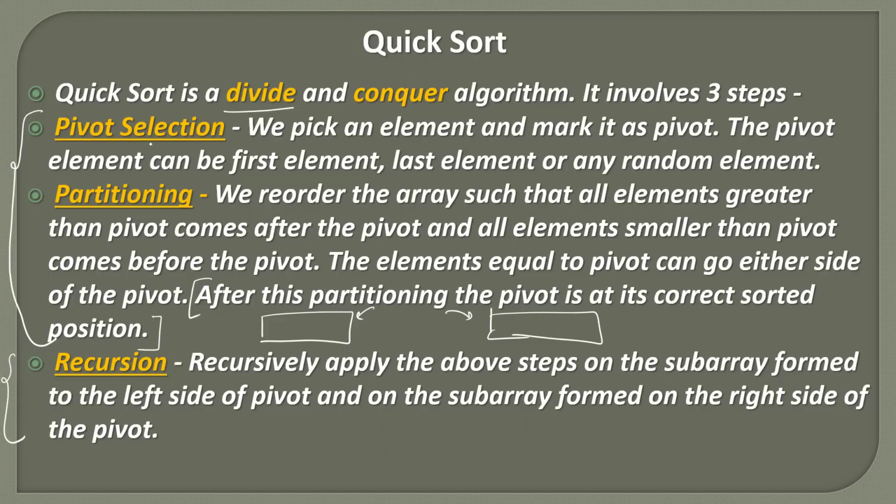So these are the three important steps in quicksort: pivot selection, partitioning, and then doing the recursion of these two steps on the left side of the pivot and on the right side of the pivot. And when this recursion ends, all the elements will be properly sorted and they will be at their correct position. So this was the basic introduction of quicksort at a high level. In our next video, we will see how we do this pivot selection and the partitioning. And after that, we will see how this recursion helps us in sorting the array, taking the help of these first two steps and applying them recursively.